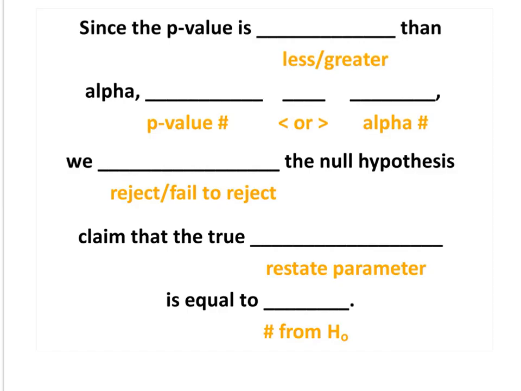If I think about the conclusion, I want to write it in context of this problem and in this template. The alpha level was 0.05, and since my p-value is greater than alpha, or 0.121 is greater than 0.05, I fail to reject